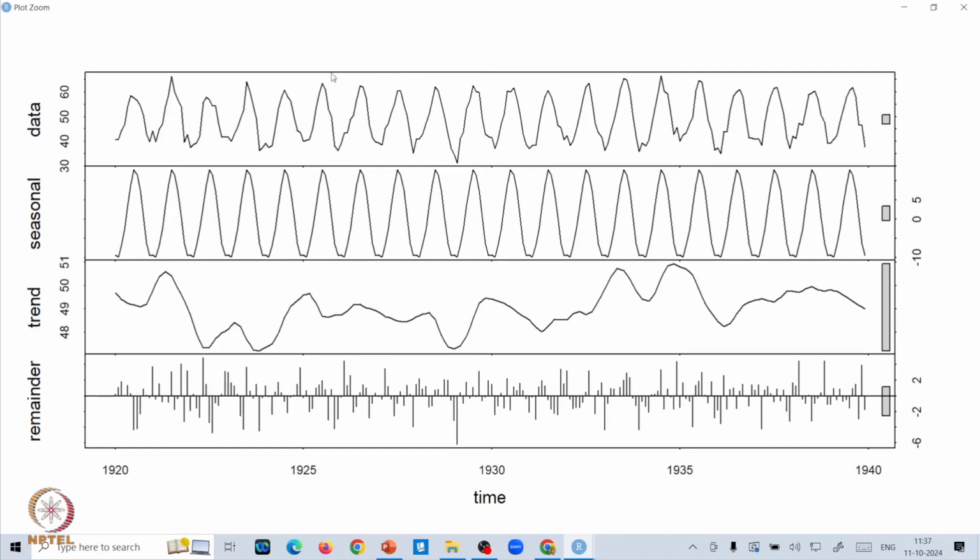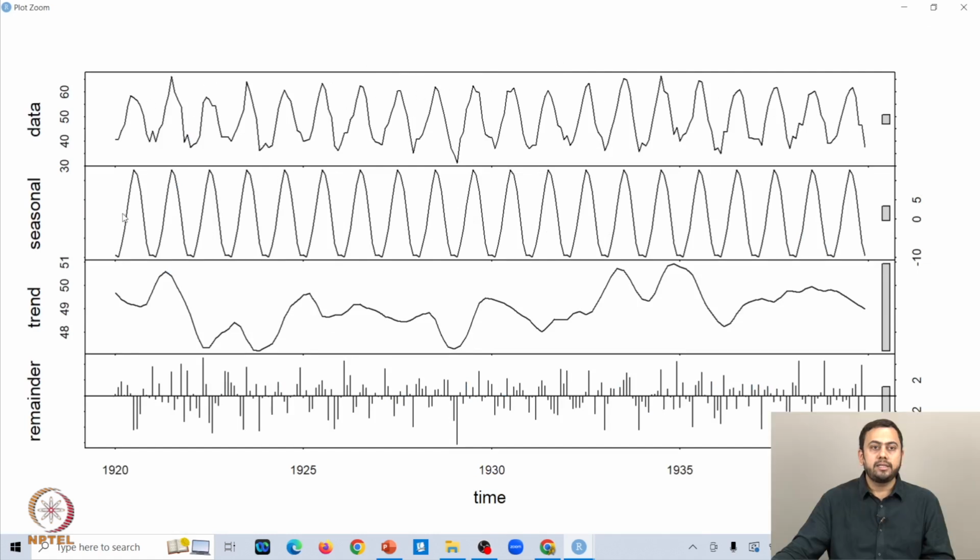So what it tells you is how the actual data behaves in the first row, and the second row gives you the seasonal aspects of the time series, as to how the seasonality behaves. By looking at the second row, one can immediately tell that there has to be some underlying significant seasonality, because you see constant peaks and constant troughs there.